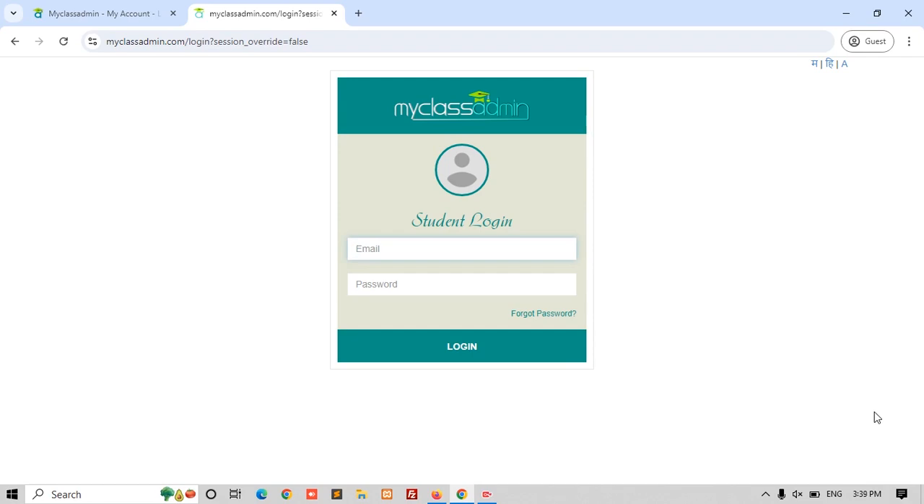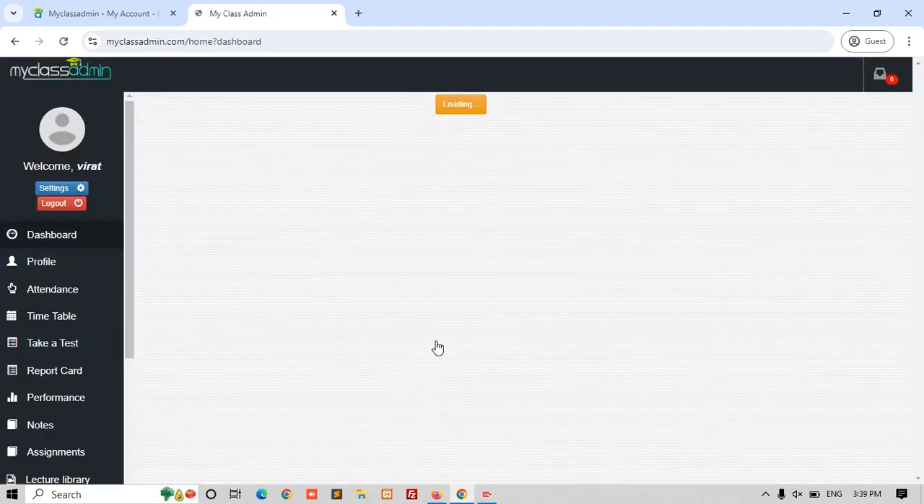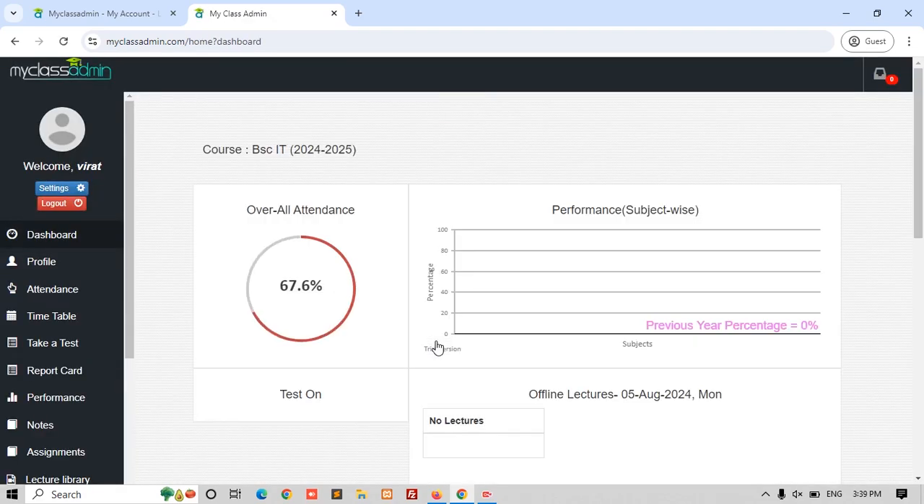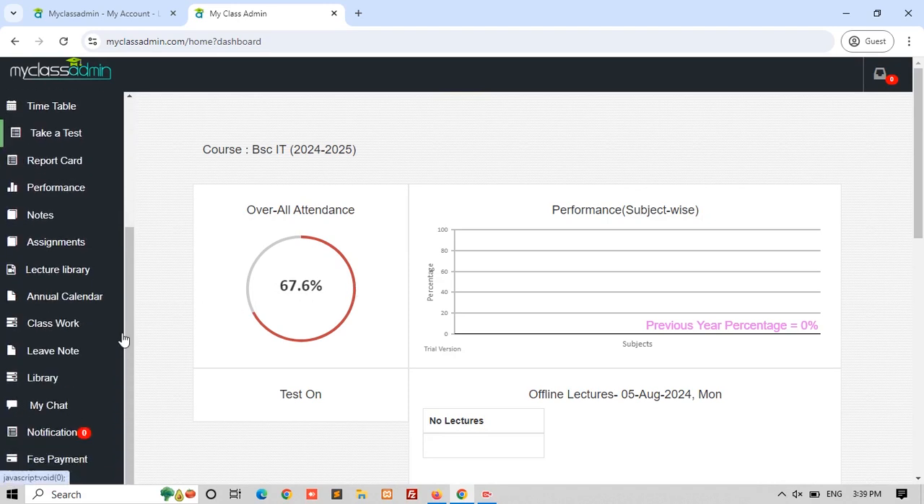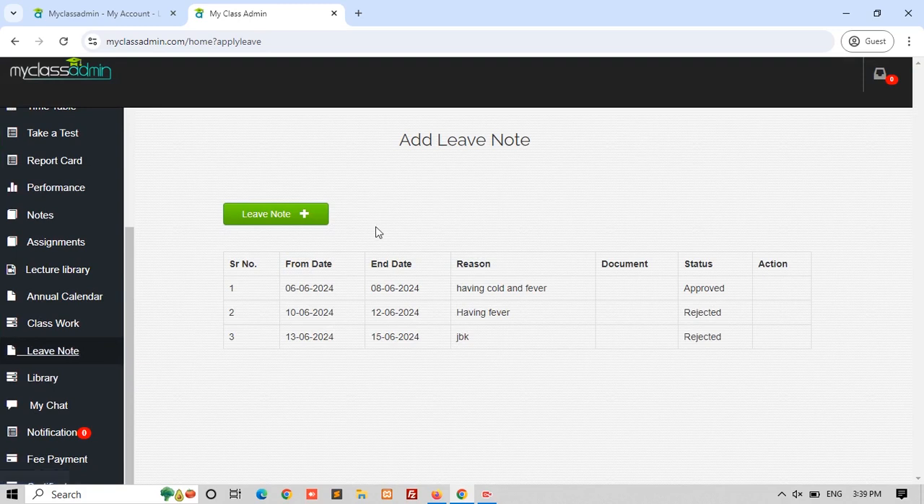To add a leave note, the student should log in to MyClassAdmin. Then the dashboard will appear, where click on the leave note option and the leave note interface will appear. After that, to add a leave note, click on the leave note option,